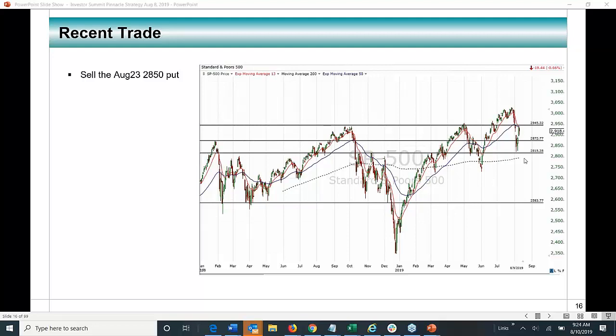There's just way too much money and very, very large firms with a lot of money behind them, and it's mostly algorithmic driven, probably half of the money, and it just kind of creates these extreme moves. So that's different in the last 3, 4, 5 years. It feels different. So right now we're up against 29.45,